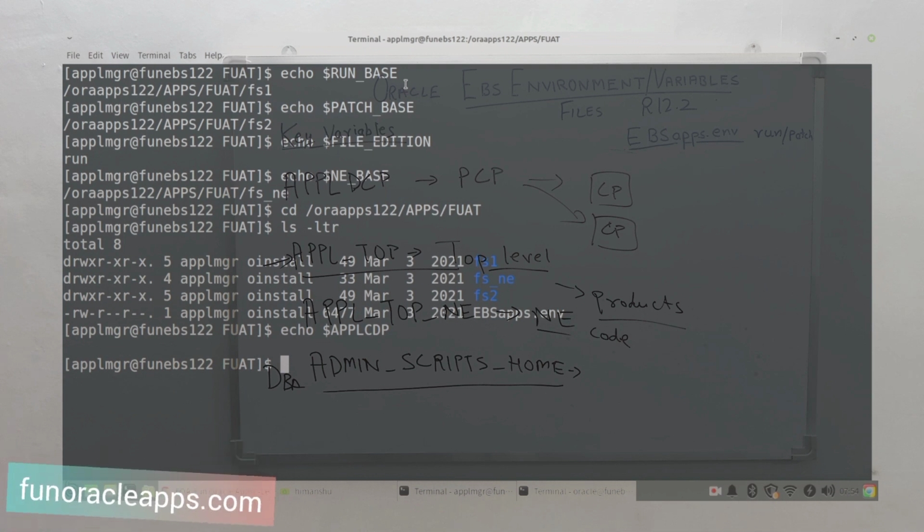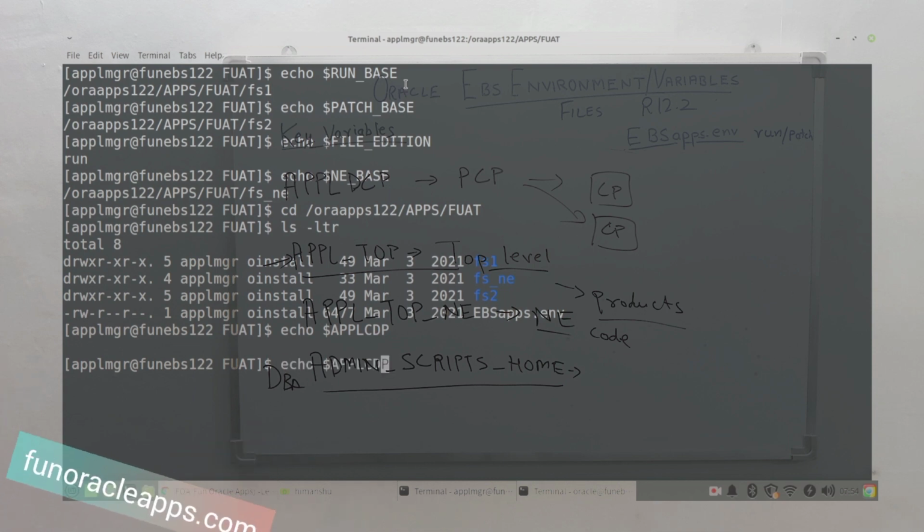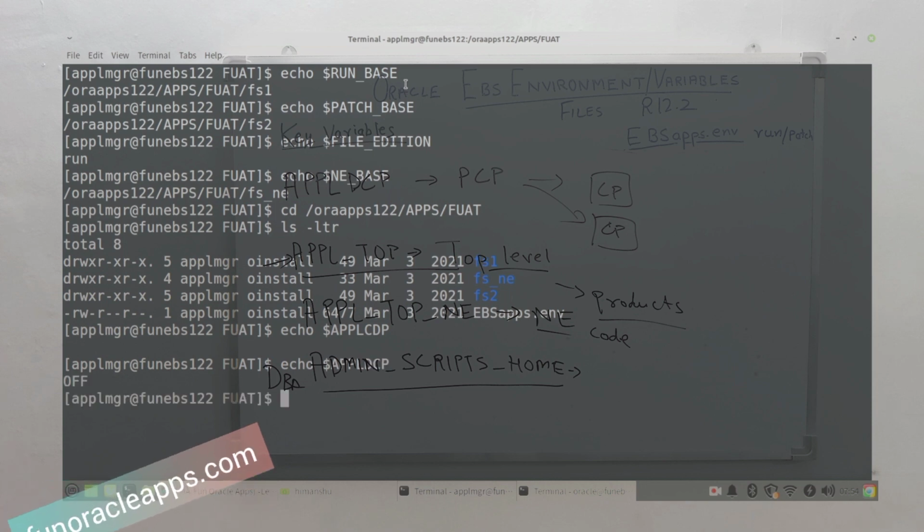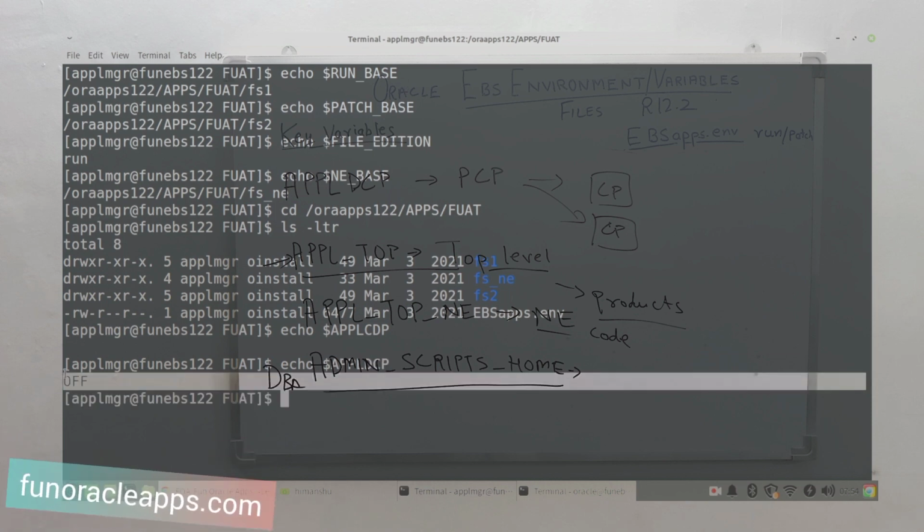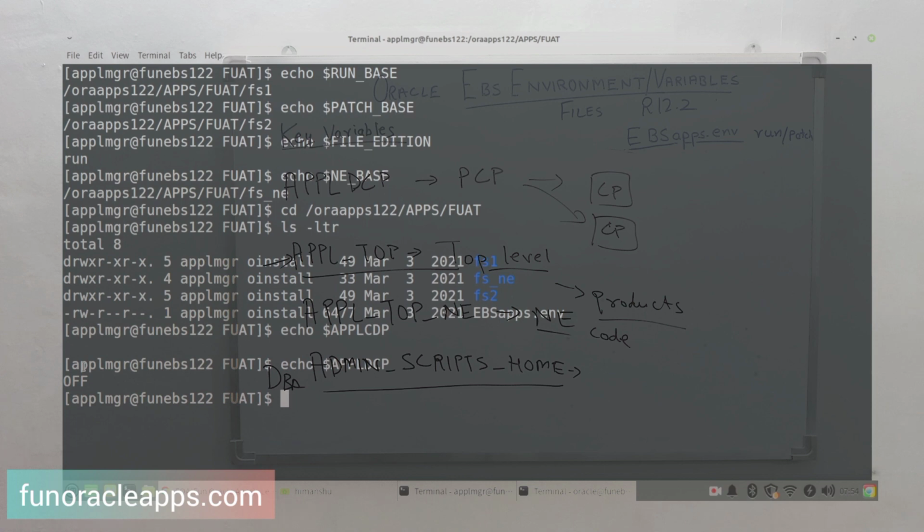See, no value, so that means parallel concurrent processing is not being used. Sorry, I have a typo here. Okay, so see, this is off, so parallel concurrent processing is not being used.